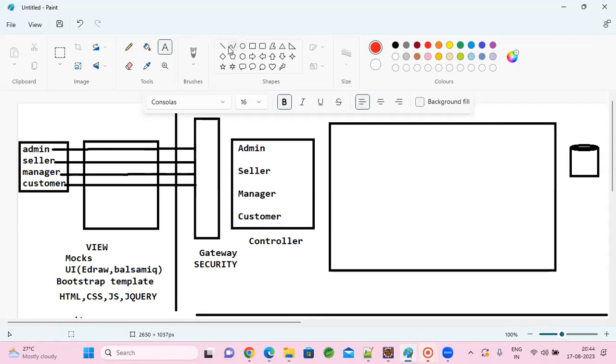Admin can be deployed as a separate UI, seller as a separate UI, and manager UI separately, with complete security access. Why we need to divide them, we will discuss later.